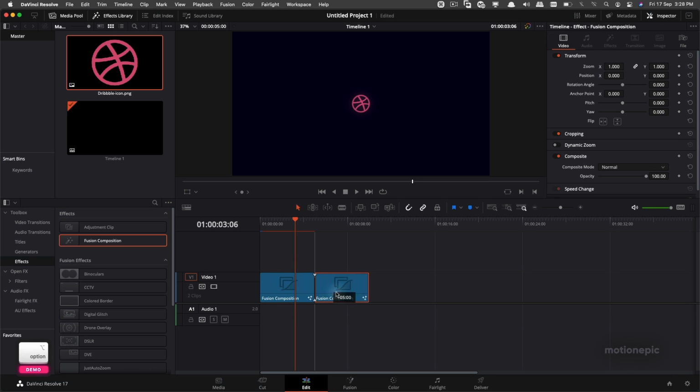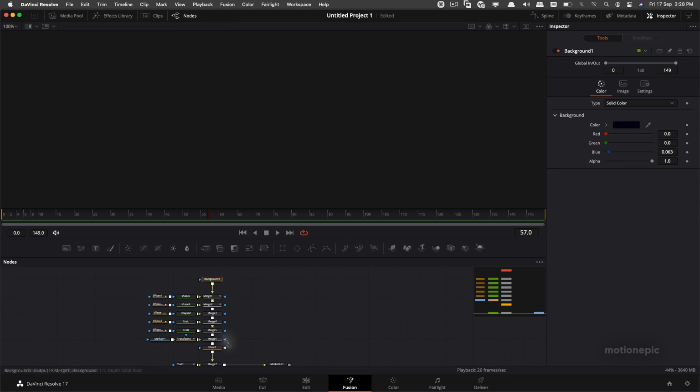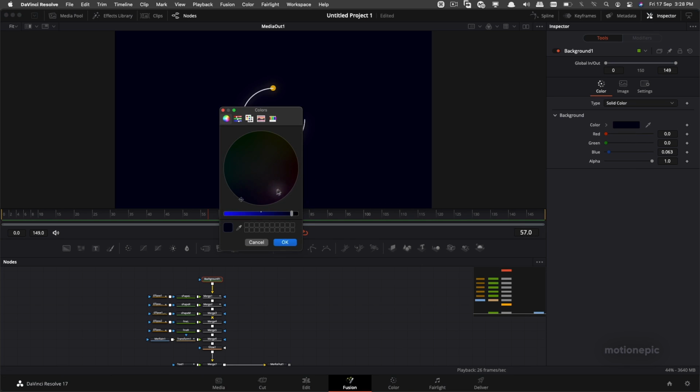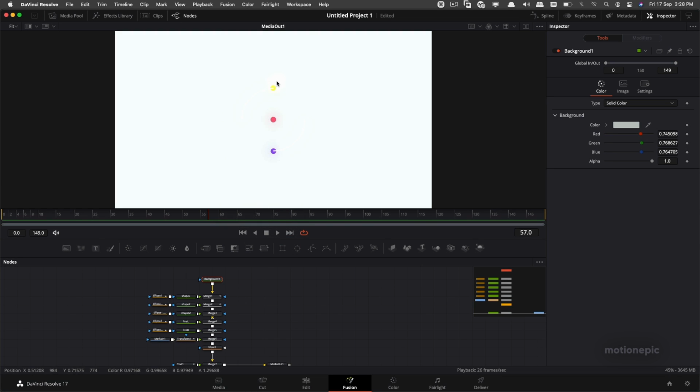So let's create a copy of this, and I'm going to go to Fusion, and for the background, let's just change that to a lighter version. So I'm going to make it white, kind of gray, so something like that. Now we won't be able to see the lines over here. I'm going to select line left and change its color to black. So let's do that, and you can use any color that you want. So I'm going to just quickly use black,